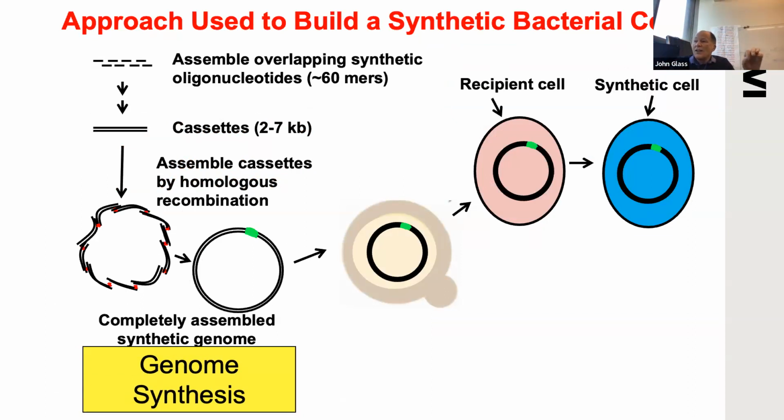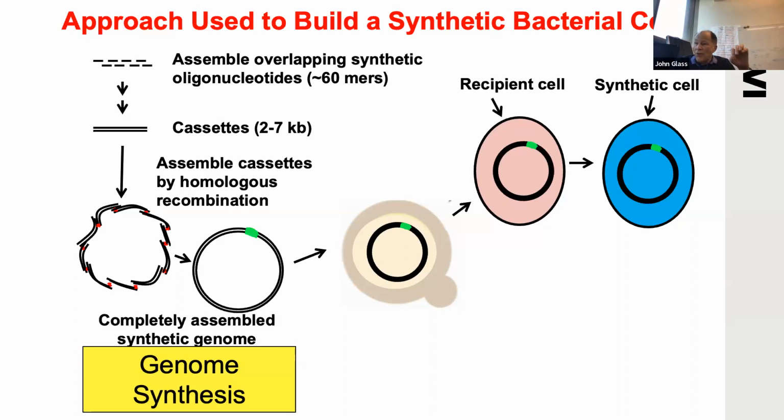Now, when we started, the largest genome that had ever been made synthetically was about 8,000 base pairs. And so we initially made a 580,000 base pair genome of another species of Mycoplasma, and then later on made a 1 million base pair JCVI